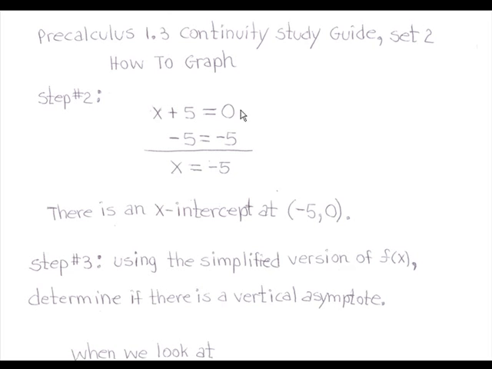So now we're going to solve the equation x plus 5 is equal to 0. So we add negative 5 to both sides to get the x by itself. The 5's on the left side of the equal sign cancel. So we have x is equal to negative 5. There is an x-intercept at negative 5, 0. Now let's move on to step 3,